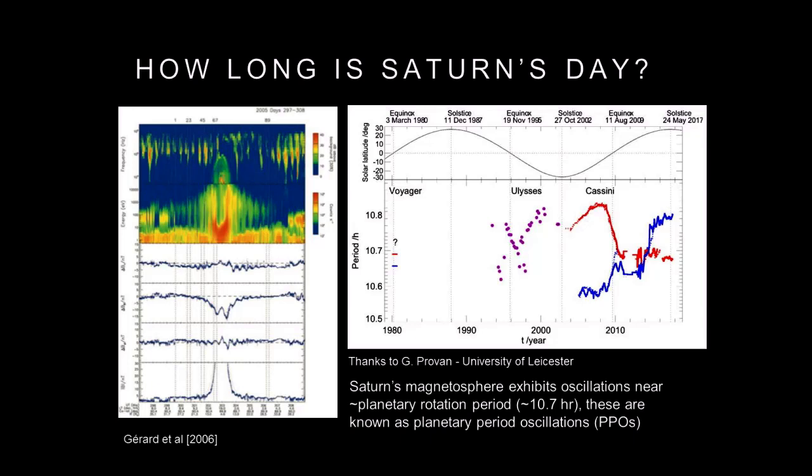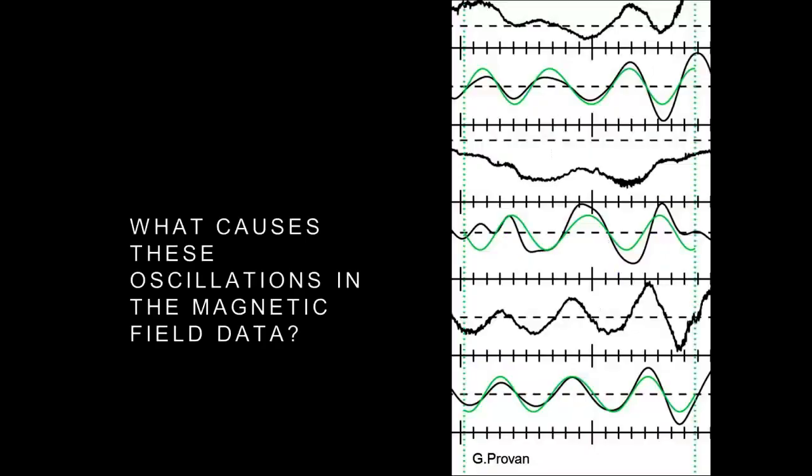So up here gives you an idea of the sun's latitude at Saturn. And so a Saturn year is around 30 years on Earth, and Cassini was there for about half a Saturn year. You can see that these two periods cross around there. So what causes these? This is a zoom in of some of the oscillations that we see in the